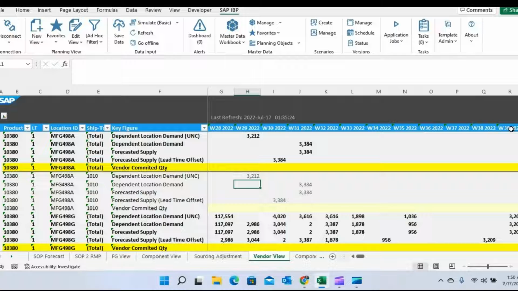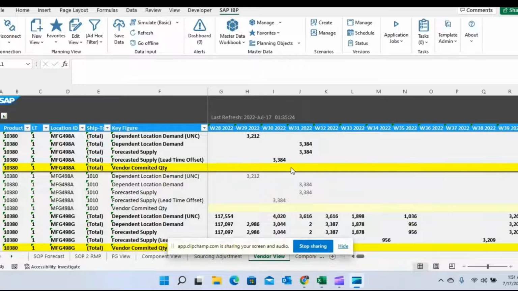So we will try to see how the data volume numbers are coming, and we will also try to see if there is any scope for improvement for the performance runtime of this template by looking into the report that the analyze data volume application will generate for us. So, to start off with,